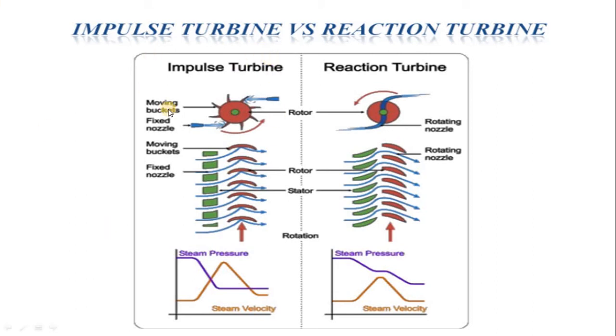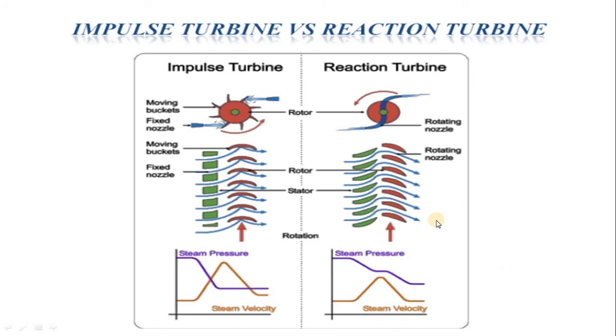In the impulse turbine, the most important components are the nozzle as well as the moving blade. But here the most important components are the fixed blade as well as the moving blade. So here you will get an idea, when the steam from the boiler enters the nozzle, expansion is carried out and its pressure goes on decreasing, but the velocity increases. When the high velocity steam enters the moving blade, the blades absorb that energy and its velocity finally goes on decreasing, and the pressure remains constant in the moving blade.